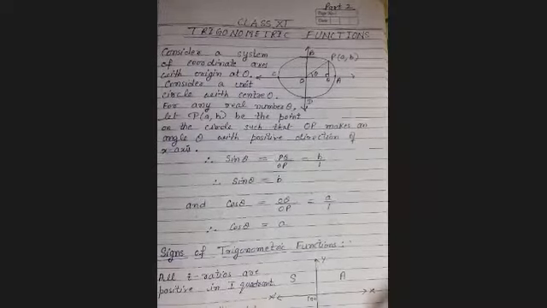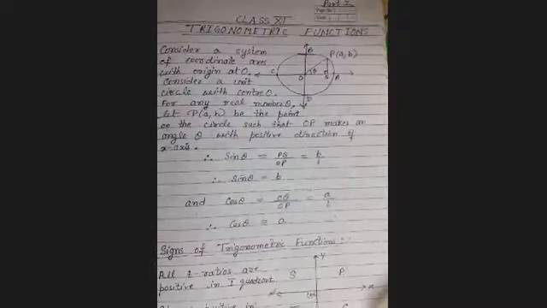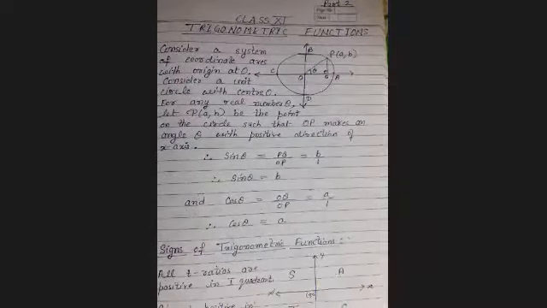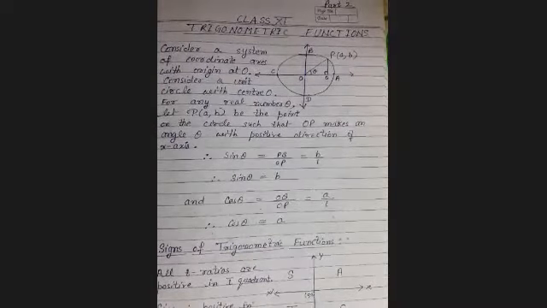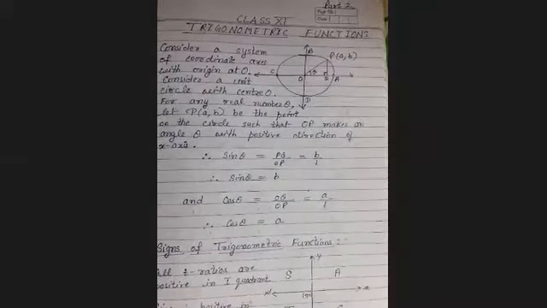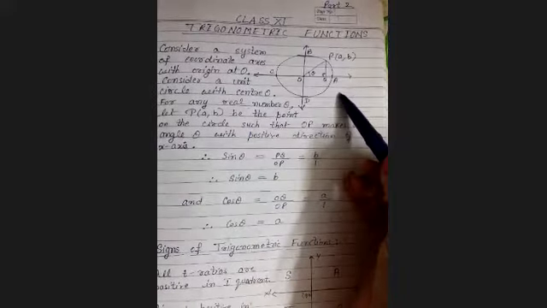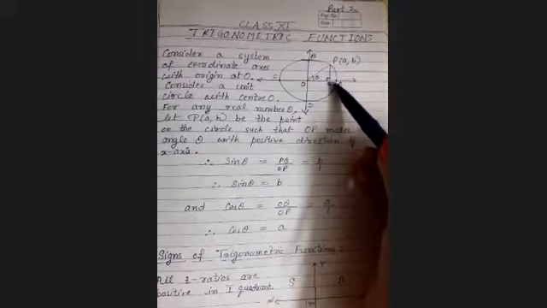Let us continue the same chapter, trigonometric functions. You have done trigonometry only in the first quadrant, that is from 0 to 90 degrees. Here you will learn we can find trigonometric function values in any quadrant, like the first quadrant, second quadrant, third quadrant, fourth quadrant. For it, we have drawn a circle of radius 1 and drawn a perpendicular on the x-axis.